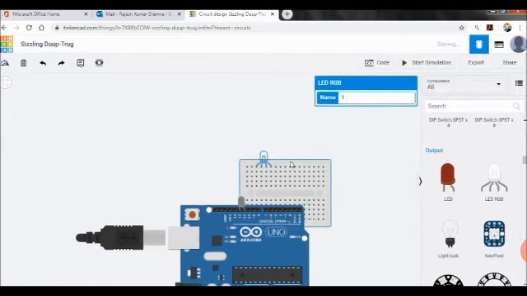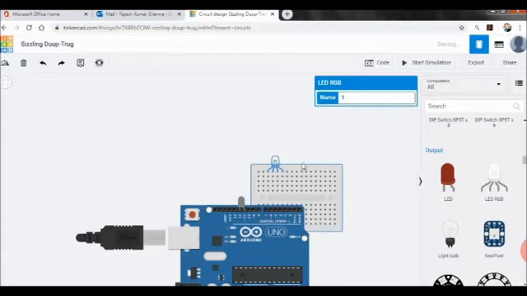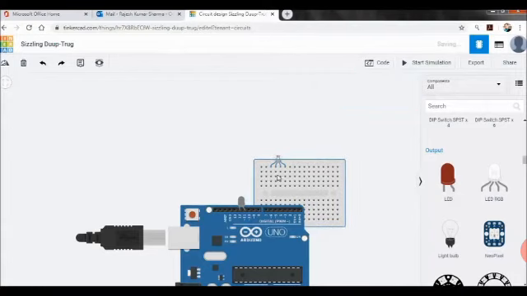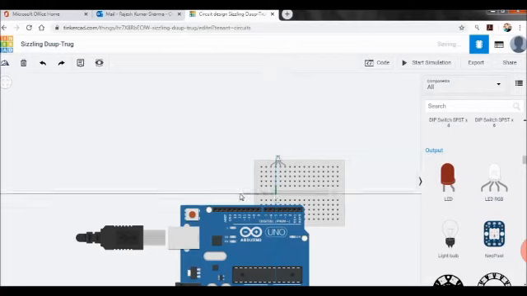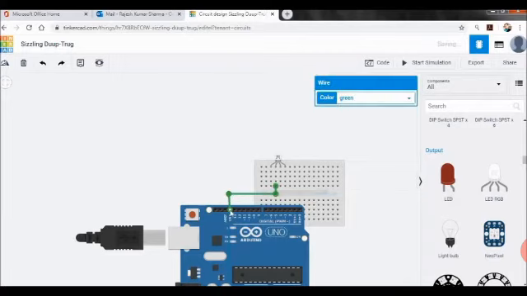So what is to be done? Very first, the negative of this RGB, that is the cathode, should go to the ground of the Arduino. So very first we know, now we don't need the LED, just delete it. So delete it, and now from ground we have to connect the cathode. So all the vertical pins on the breadboard are connected. So on the same vertical line, anywhere if you connect the wire, it will give the power to the component. So that is the advantage of the breadboard. With the minimum wire we can do the circuit.